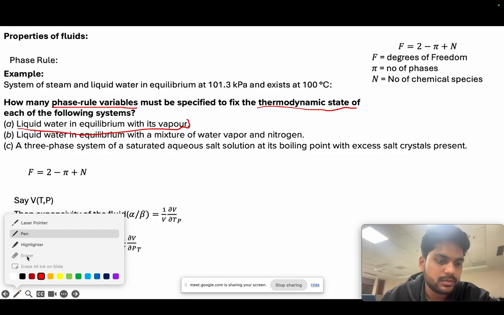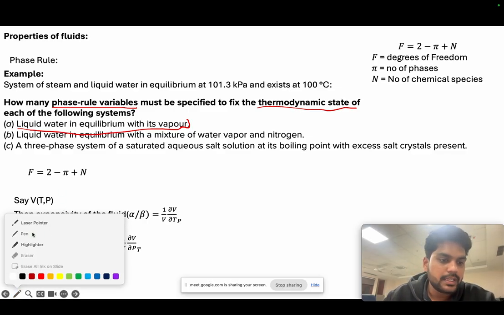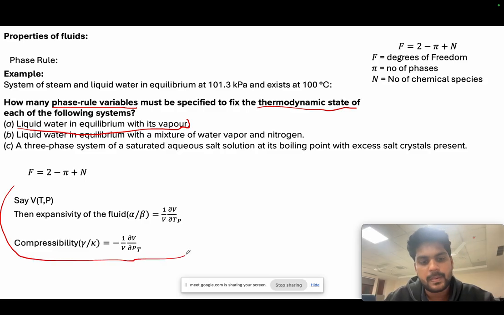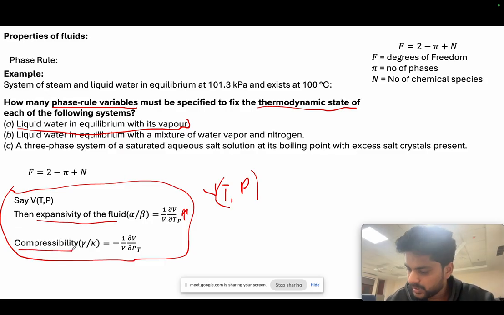So now we understand the phase rule, and there are some important constant values which you need to remember. If you have V equal to a function of T comma P, the expansivity of the fluid tells how much the volume has increased with respect to temperature at constant pressure, and the compressibility of the fluid will be given by minus